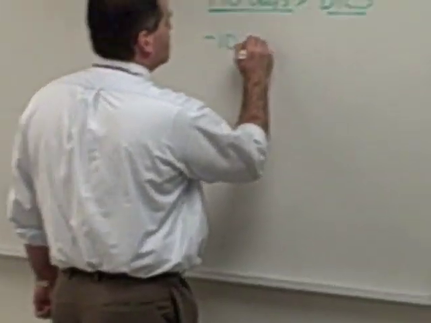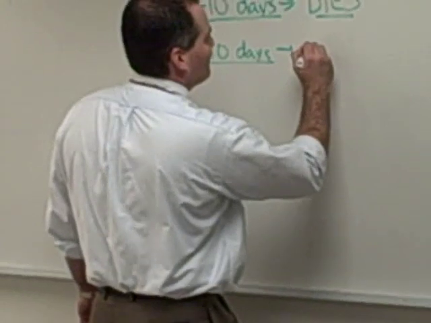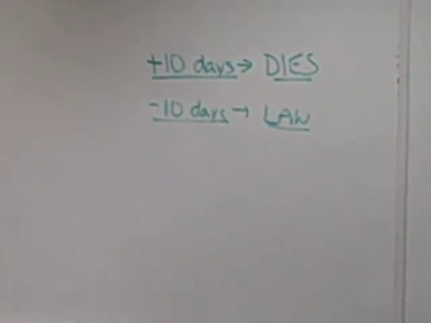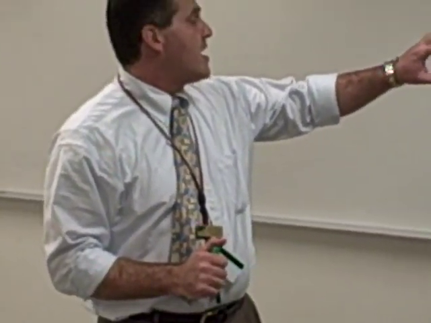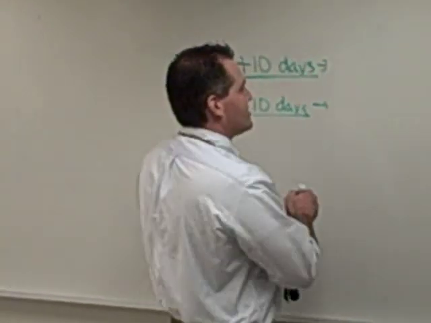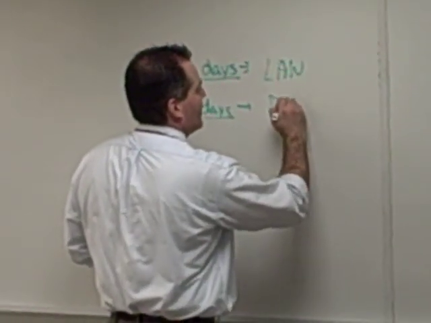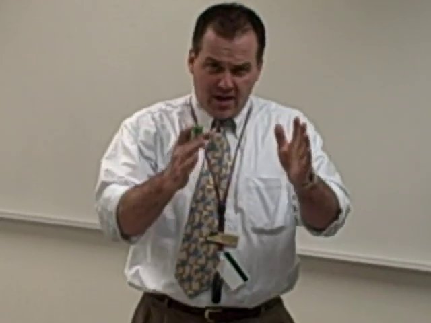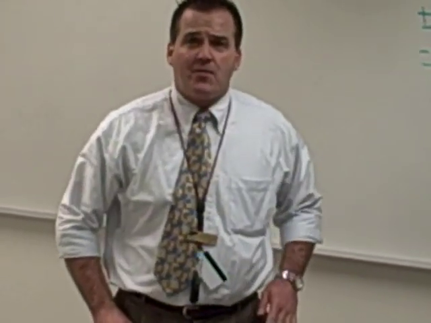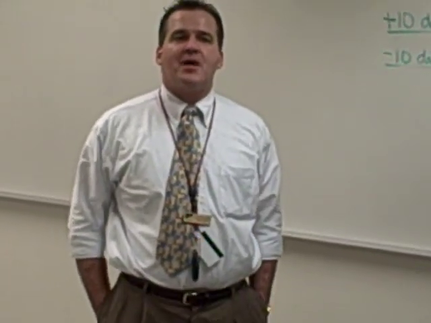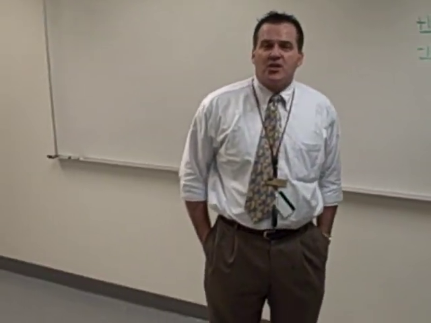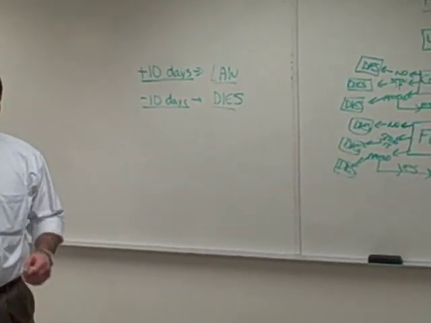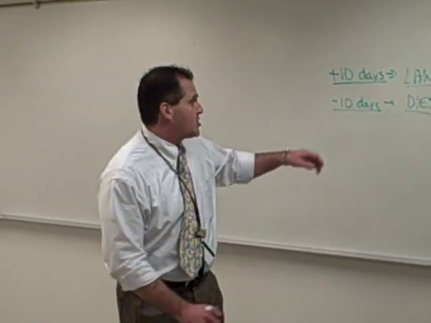Let me rephrase it one more time. If there are less than 10 days left in the congressional session, and the president does nothing, and Congress adjourns, the bill dies with a pocket veto. Idea behind a pocket veto is the president is basically going to stick that bill in his pocket, and when he sticks it in his pocket, it doesn't have to see the light of day. As long as there are less than 10 days left in a congressional session and Congress adjourns,